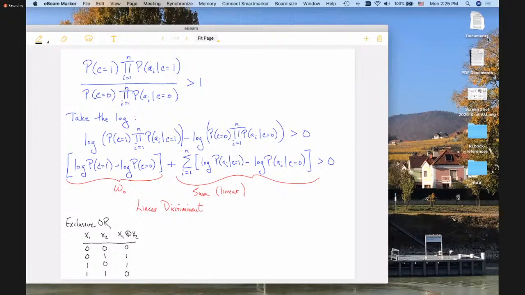And if we were to plot this in 2 dimensions, what we get is something that looks like this, where we have a point here, a point here, a point here, a point here. And if I fill in these points,